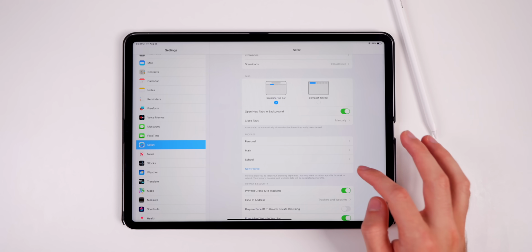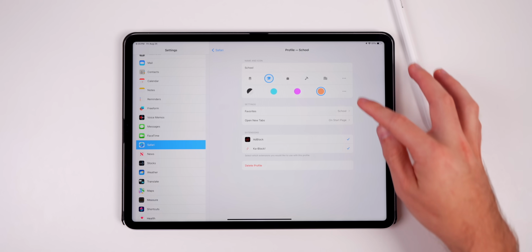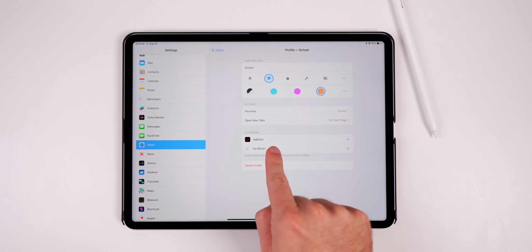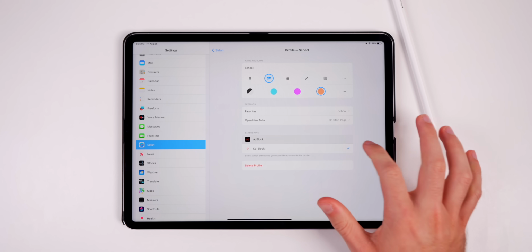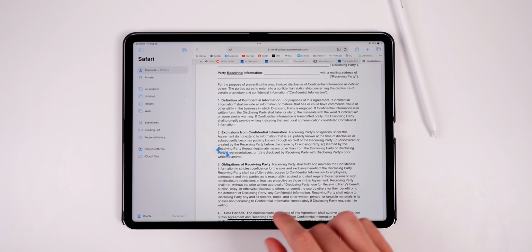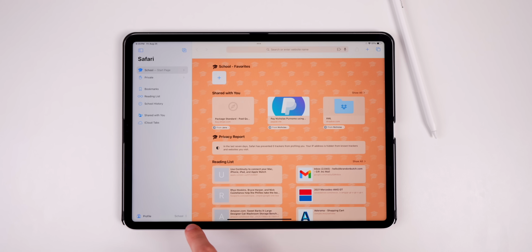So we'll go ahead and tap on done. And once we're in here, you can see that we can also change these settings anytime we want. And we also have extensions, so you can enable or disable extensions on a per profile basis as well. And again, you could always change these when you're actually in Safari straight from this section right here, and it